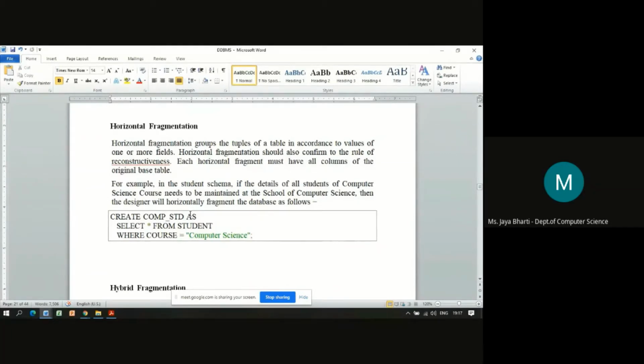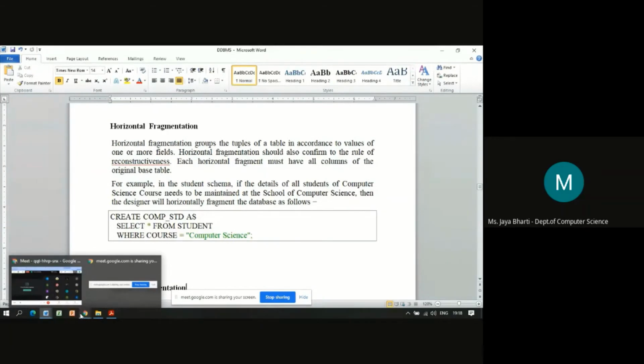But in horizontal fragmentation, you have to specify the condition for how you want to divide the data horizontally, or row-wise. So while fragmenting the data horizontally, you should also see to it that you are conforming to the rule of reconstructiveness. What is reconstructiveness?